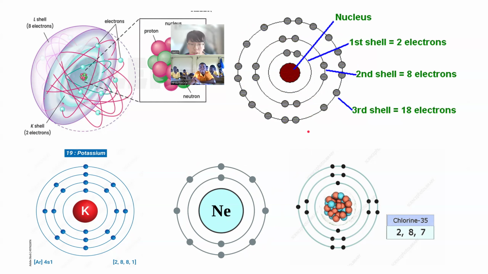So you might see a little bit of a pattern. The pattern is we have two electrons in the first shell. The shell is where it holds certain numbers of electrons. You can see the first shell has two electrons. The second shell has eight electrons. The third shell also has eight electrons. And it actually moves further and further. So it's 2, 8, 8, 8. And then it moves on. It moves on to 18